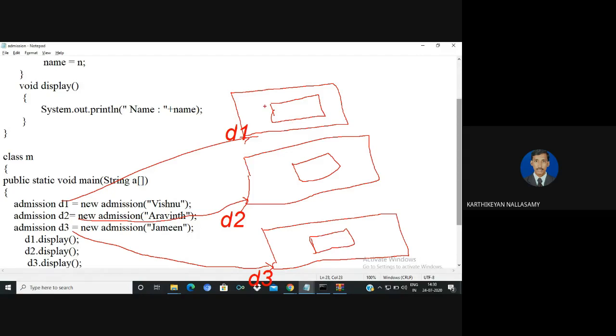So inside this memory, the first name is Vishnu, the second name is Aravind, and the third name is Jameen. Clear? Okay. So here, if you want to assign a token number, the first token goes to Vishnu, Aravind is the second token, and Jameen is the third token. See that the token value will be changed.